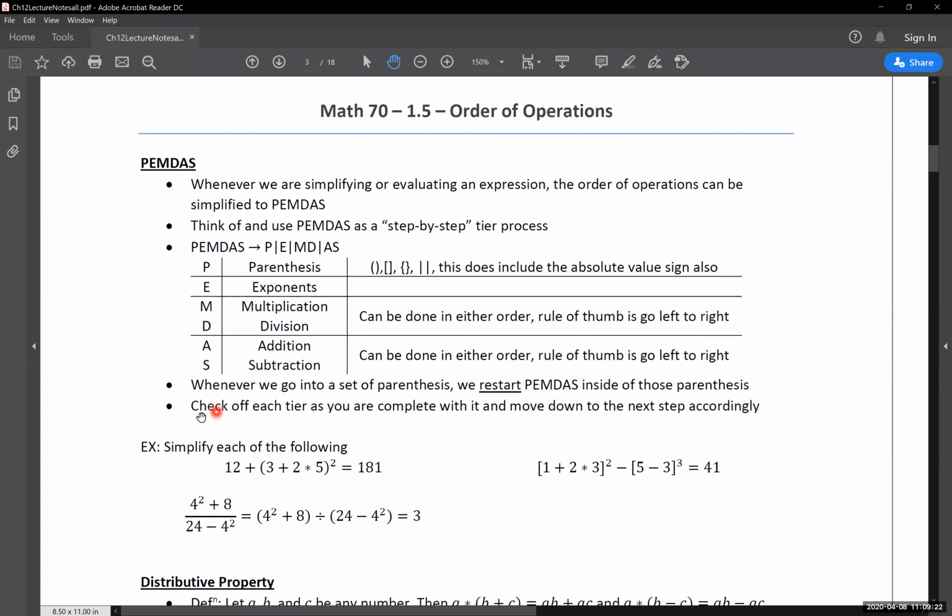So my recommendation, there's a couple ways you can go through this to keep this organized for yourself, and I'll show you guys a couple methods with it. My recommendation is check off each of these tiers as you complete them. I'll show you guys a way you can go through and organize that for yourself. But the big thing that you want to do is make sure you are not moving on to the next tier in this until you have completed everything before it. And again, I like writing it vertically in that regard because I think it's really helpful to see it that way. That verticality with this and math problems go hand in hand very, very well.